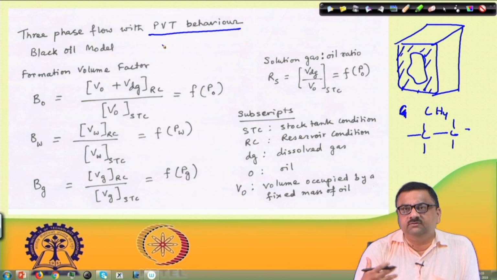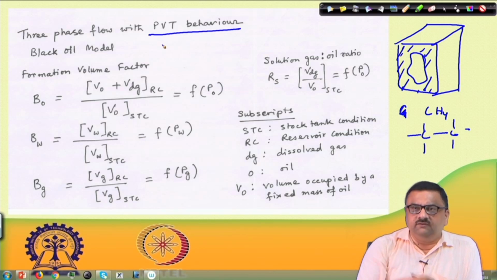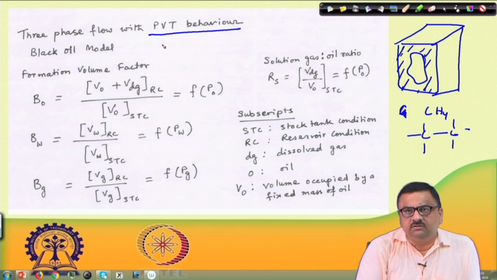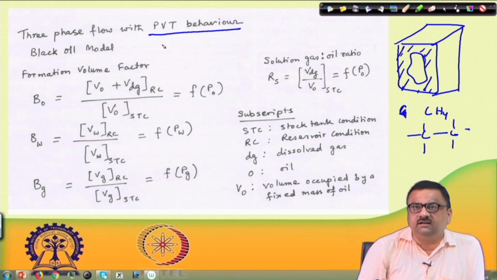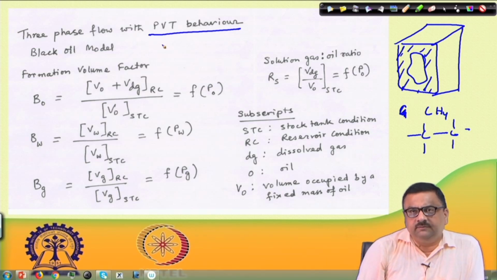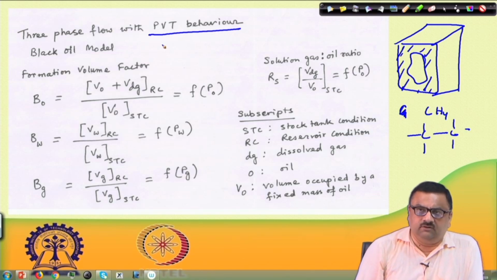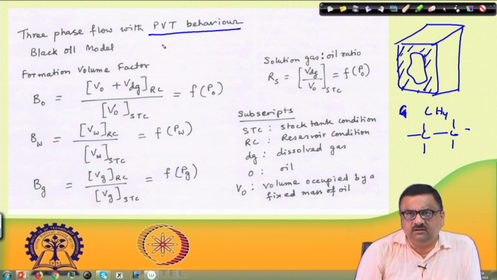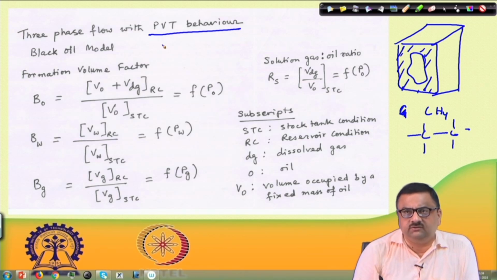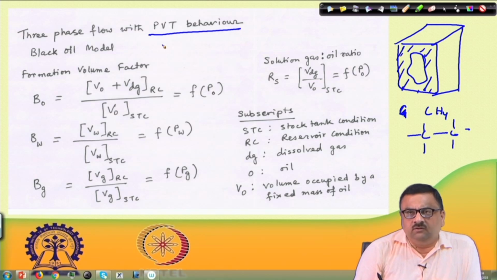So there would be a distribution coefficient of sorts, and that distribution coefficient depends on molecular interactions and fugacities and other terms. So basically it is a PVT relation, and it comes under the purview of phase equilibria thermodynamics. But when people are working on reservoir flow through porous media in connection with reservoir modeling, there is a simpler way to handle things, and I thought I would briefly touch upon that, just to give you a glimpse of what is